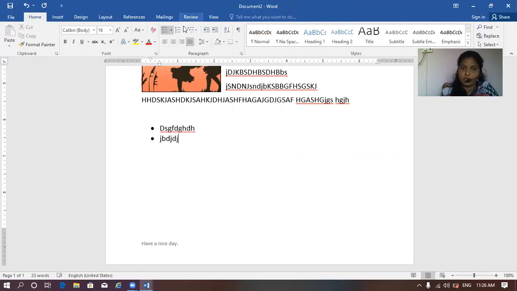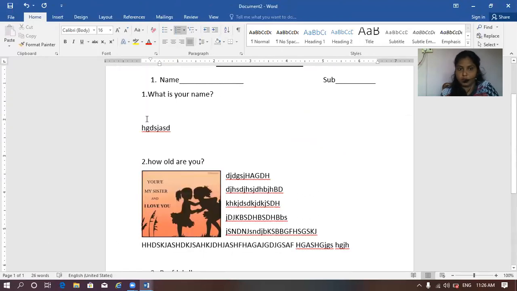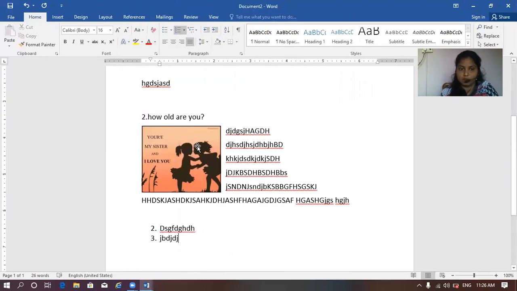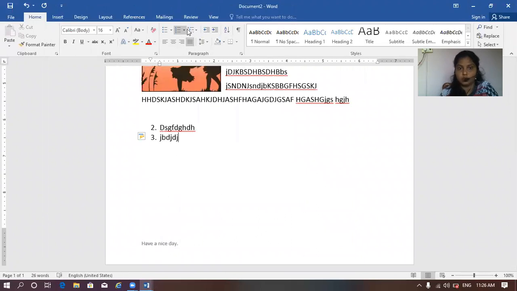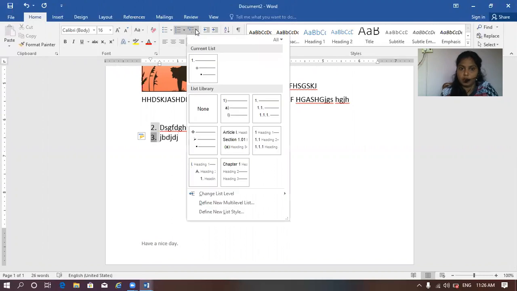And if you want numbers, you can select the numbers too. Already one list has been created here, it seems. That's why it started with 2. Otherwise, you can take more options in the menu, like headings. Otherwise, you can directly select bullets or numbers.